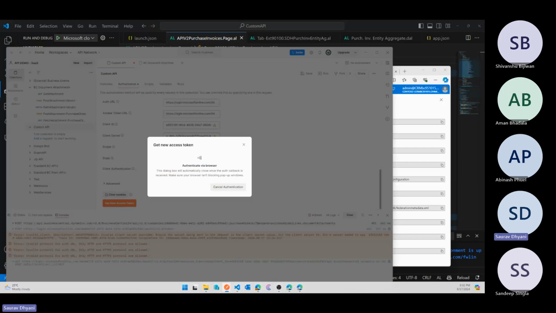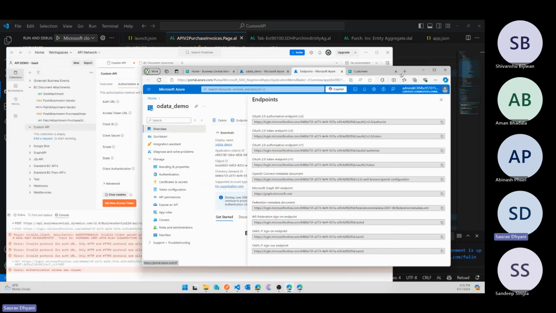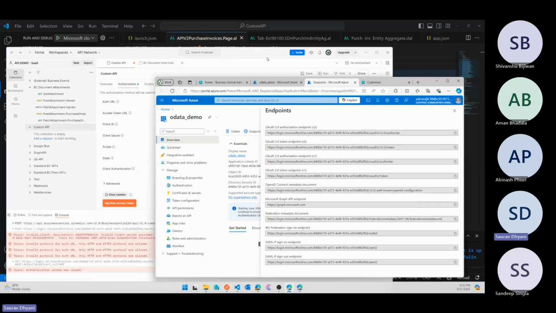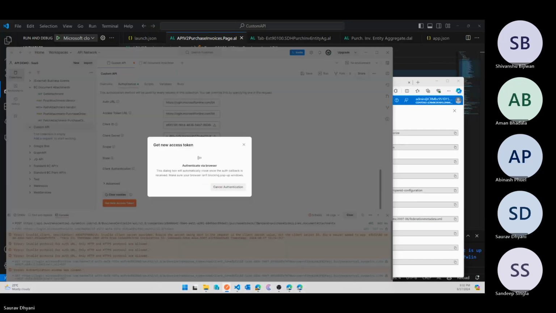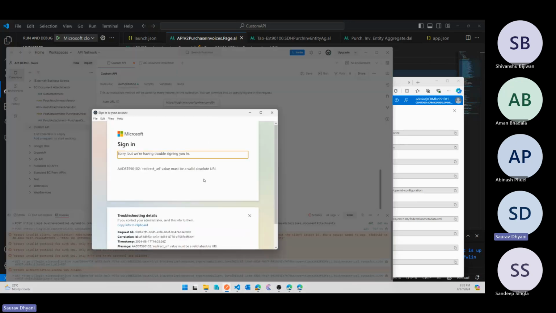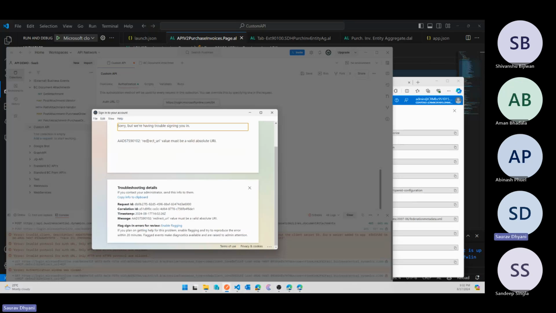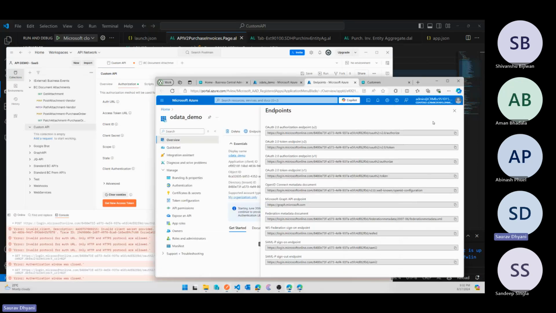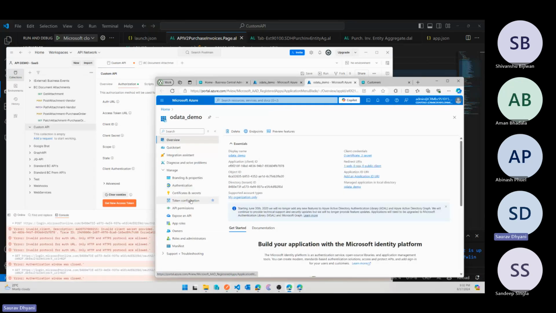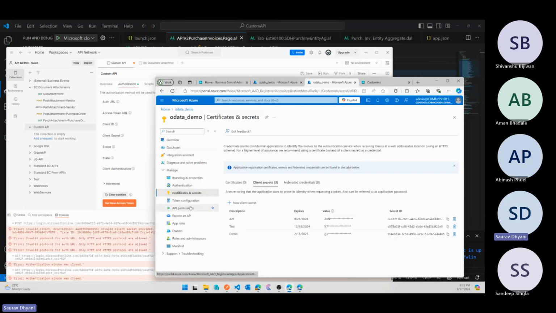It went to a separate browser for some crazy reason to get the authentication. Let me click on this. Let's go in here. What is going on with this one? Redirect URI must have a value of absolute URI. Okay, my redirect URI is